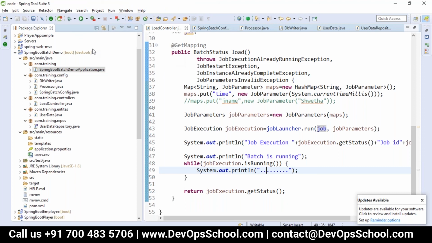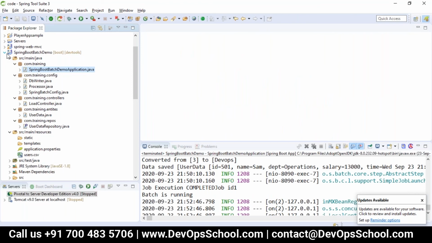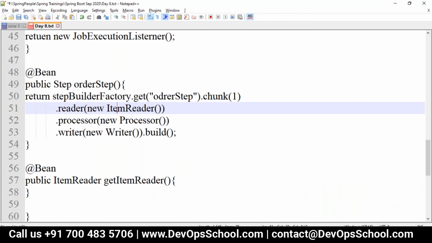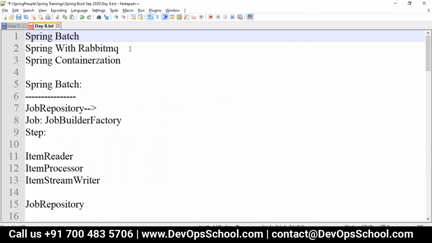We have one more thing to discuss, which is Spring with RabbitMQ. How does Spring with RabbitMQ work? Basically, RabbitMQ is used for messaging. It is like going to the post office and putting in a letter: somebody picks it up and delivers it to that address.